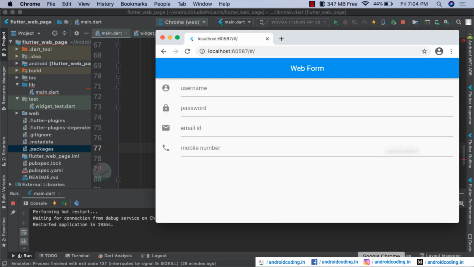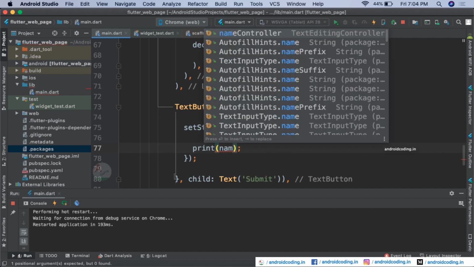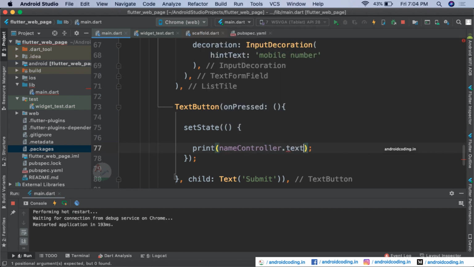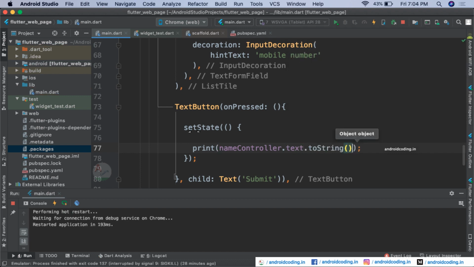So here we have specified a name, right? So when you tap on a particular button which we have specified here, we can print the name. So name controller dot text dot to string here.